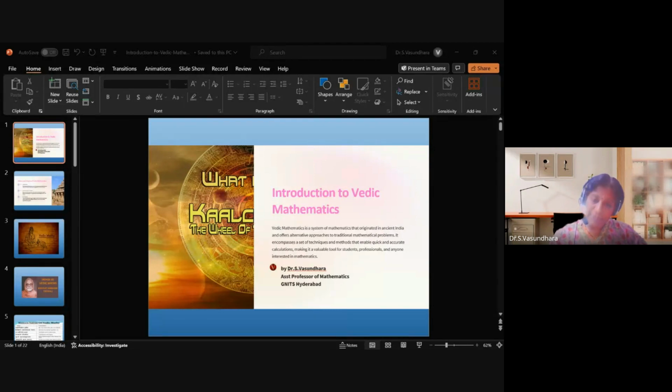So it was revived largely due to the effort of Jagadguru Swami Bharati Krishna Tirthaji of Govardhan Peetha, Puri Jagannath, during his time period of 1884 to 1960, having researched the subject continuously for years. Even his efforts would have gone in vain but for the enterprise of some disciples who took down notes during his